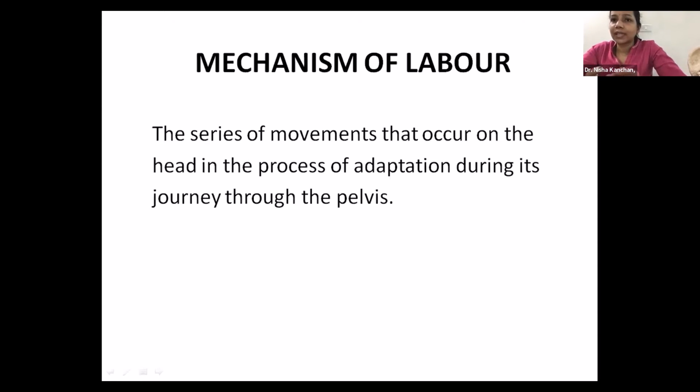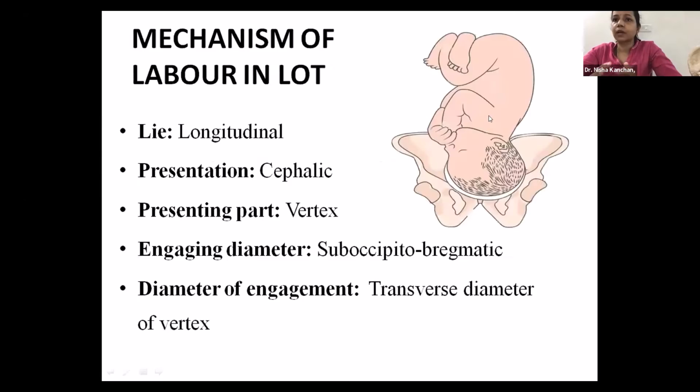So labor actually deals with whatever changes are happening in the cervix, like effacement, dilatation, whereas a mechanism of labor, we are going to study about what changes are happening in the fetal head. So when they ask you in the exam to demonstrate any mechanism of labor, you should start with these terminologies, which we covered in the first class. So this class is going to be an amalgamation of the first and the second class. We need to recollect all that information.